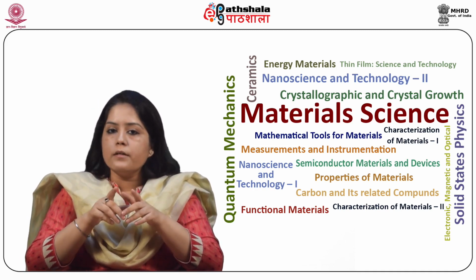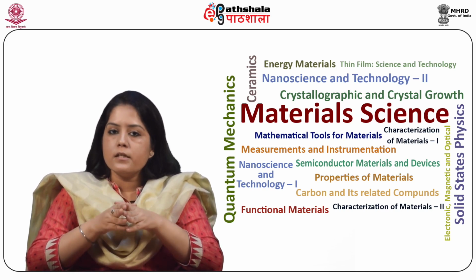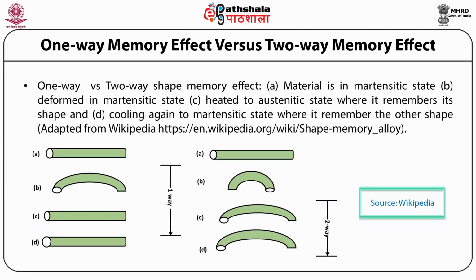However, a component showing two-way memory will lose this effect when heated beyond a certain point to the austenitic state, that is, it regains its original shape or at least close to it. The D figure shows that on cooling again to martensitic state, no change takes place for one-way shape memory effect, but on the figure on the right hand side, which exhibits